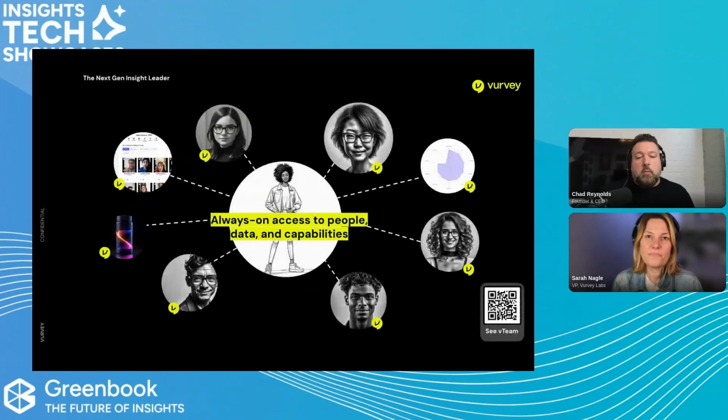So our perspective is, with you still at the center of doing research, to deliver these superpowers that give you this idea of being always on. We want you to have always on access to people so you can run campaigns really quickly and collect insights and ideas. But you also have some additional capabilities where you can synthesize data very fast, but also generate different